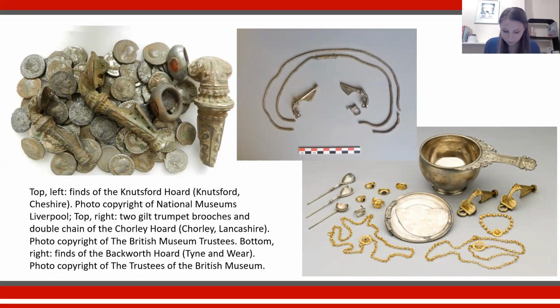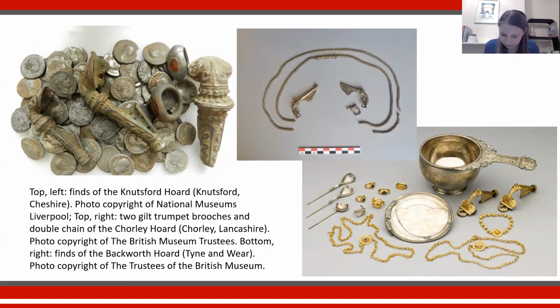And so, what may such brooches discovered as part of hoards tell us about dress traditions? Here are just a few examples taken from more northern contexts in the province. At the top left of the screen, we have the finds of the Knutsford hoard in Cheshire, which included 103 coins dating from 32 BCE to the end of the 2nd century, 3 gilt trumpet brooches, you see there, and 2 finger rings. At top right, we see the trumpet brooches and double chain of the Chorley hoard from Lancashire,